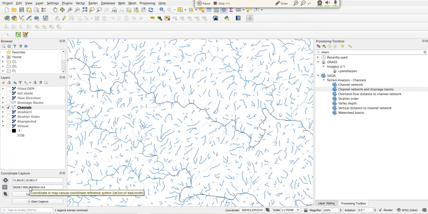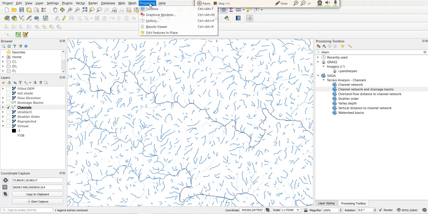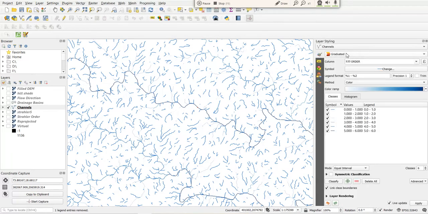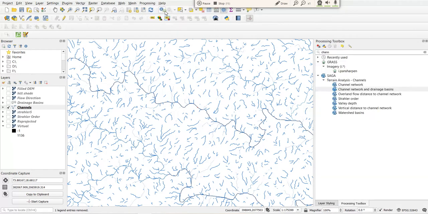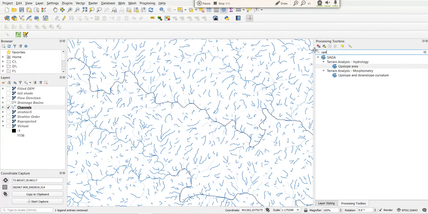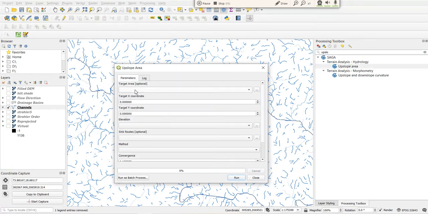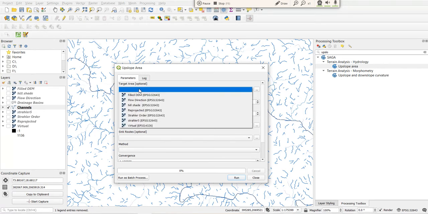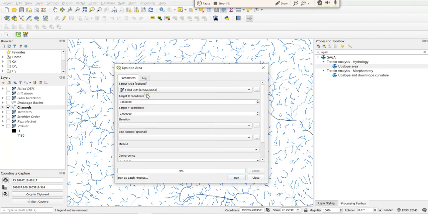So these are the coordinates, and now we go to the processing toolbox. Just put one command, upslope, I think upslope area. Yes, upslope area. So for upslope area we need these parameters, target area. The target area is the filled DEM. For all the purposes we use this filled DEM file, and then the target X coordinate.